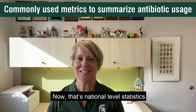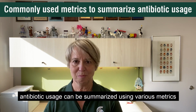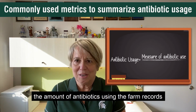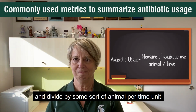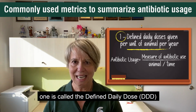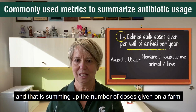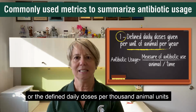Now, that's national level statistics, but on an individual animal basis or an individual farm basis, antibiotic usage can be summarized using various metrics. The process is the same regardless of the metric used. First of all, you pick a metric, and then you sum up the amount of antibiotics using the farm records and divide by some sort of animal per time unit. So for example, there's three commonly used metrics by researchers. One is called the defined daily dose, and sometimes that's called the defined animal daily dose. And that is summing up the number of doses given on a farm and then dividing by some unit of animals. So it may be the defined daily doses per cow per year or the defined daily doses per 1,000